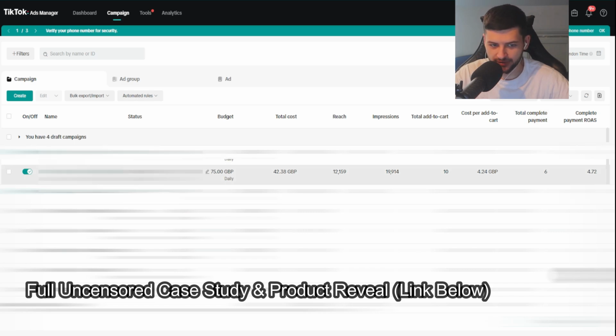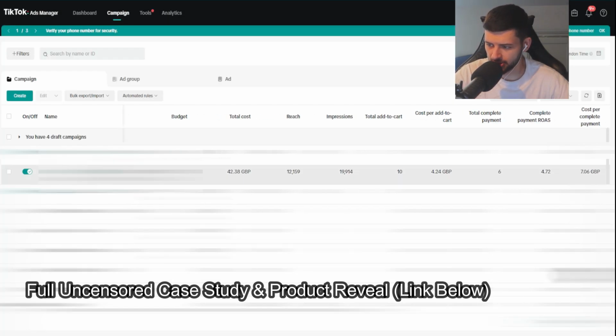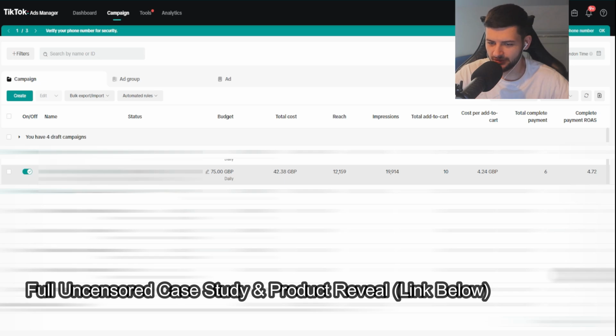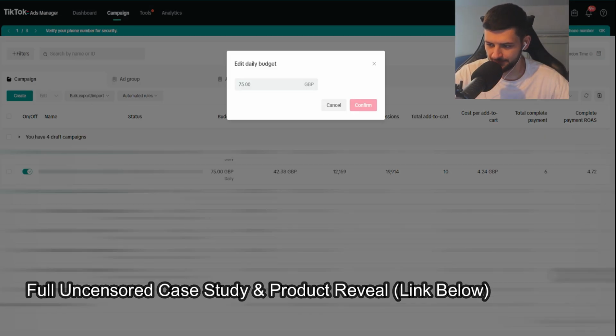As you can see, we have 6 purchasers on this product and we're on a ROAS of 4.72. The break even for this product, like I said, is 1.6, so this is wildly profitable, but this is at a very low scale. Also, what I like to see is the cost per complete purchase is around £7, so it's still quite low. This is still profitable. You need to know your break-even cost to understand all this, but because this is actually